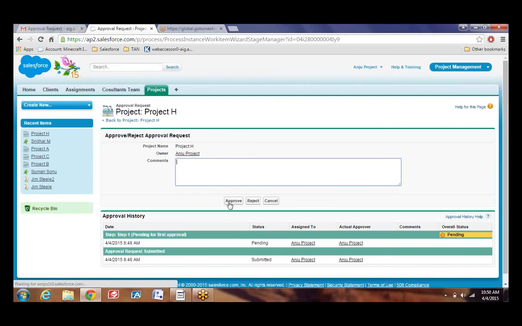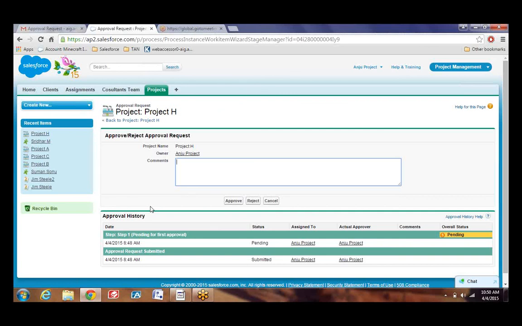See, when the approver clicks on the link, he will have this option. He can put a comment and then he can either approve or reject the record. Whatever the approver clicks on, the record will automatically get updated by that value. So that pick list value will automatically get updated to either approved or rejected.